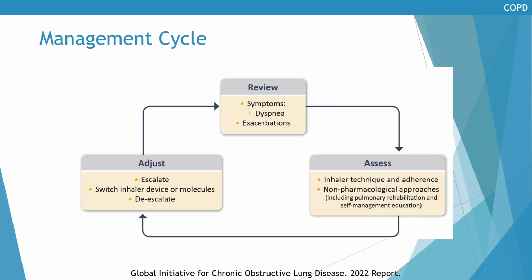The GOLD guidelines give a great overview of the management of COPD, starting from diagnosis, looking at symptoms, risk factors, and then performing the spirometry to confirm diagnosis, as we discussed, and then going into the initial assessment of that chart with the GOLD assessment of how severe their airflow limitation is based on the FEV1, as well as the ABCD chart based on symptoms and exacerbation history, as well as considering assessment for alpha-1 antitrypsin, assessing their smoking status